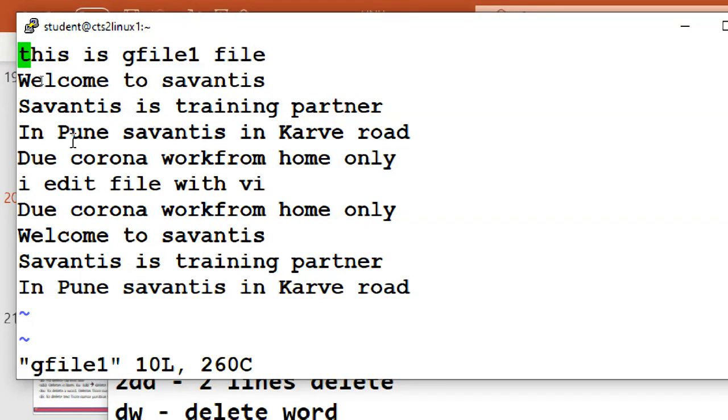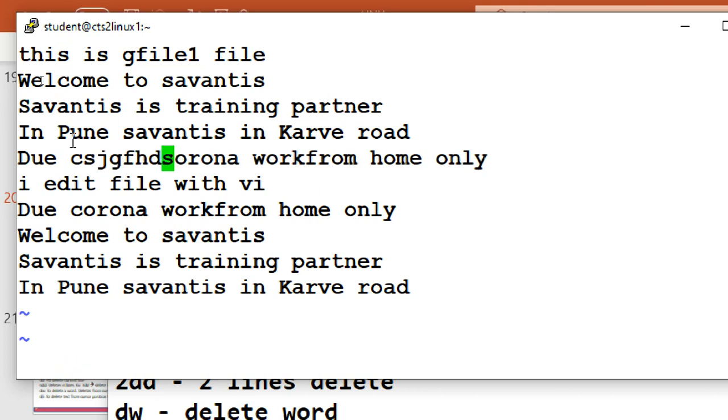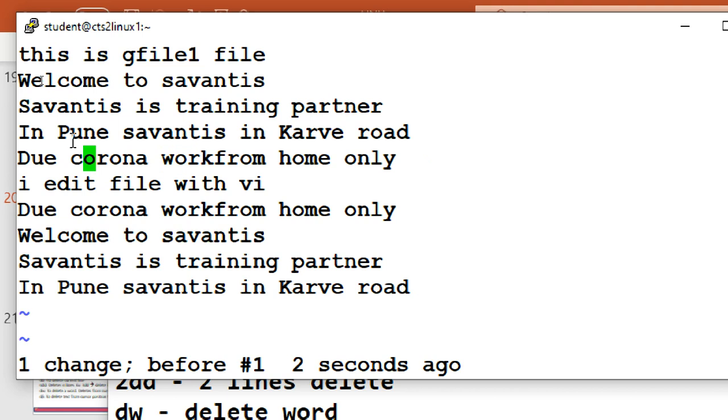Next, I want to do something in a particular line, this line. So I go to this line. I want to edit this line. So what do I have to do? Escape. Anyway, I'm at the top. I go to that particular line, press the insert button, then only can I change it, right?